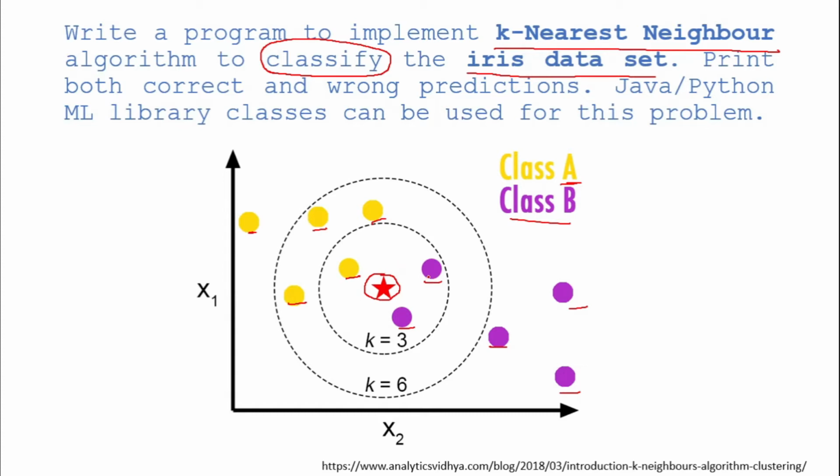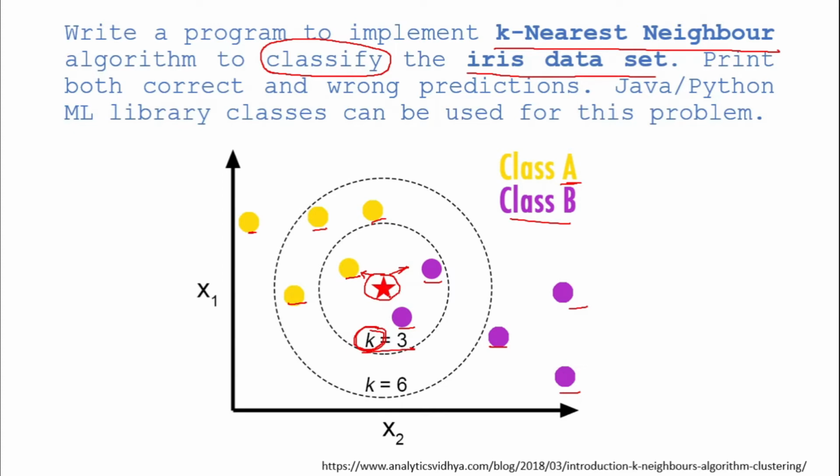I need to follow this K nearest neighbor algorithm, and I need to find out what my neighbors are. If I want to find which class this data point belongs to, either class A or class B, I need to assume K is equal to some number. If I assume K is equal to 1, 2, 3, 4, 5, 6, I may get different answers. For example, here I have taken K equal to 3. If I take K equal to 3,